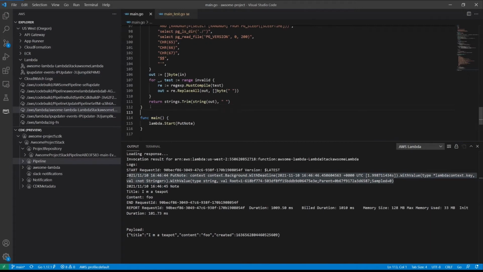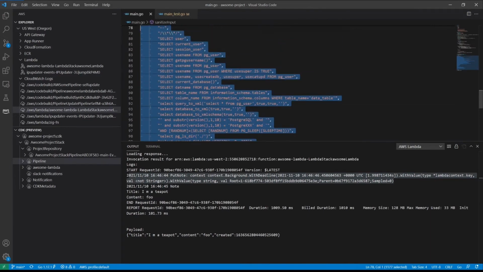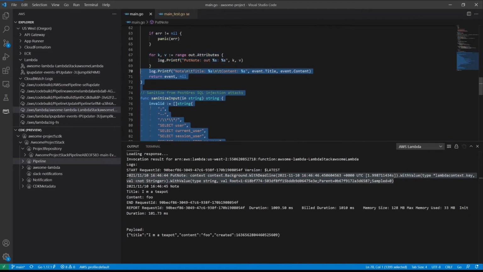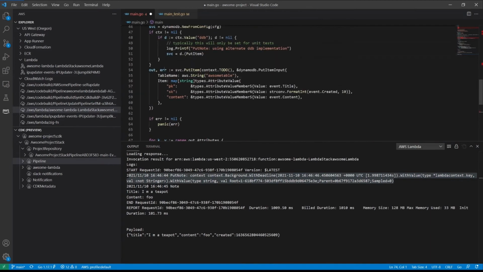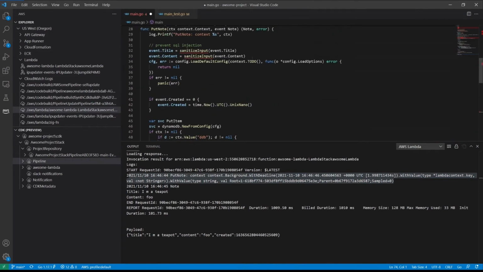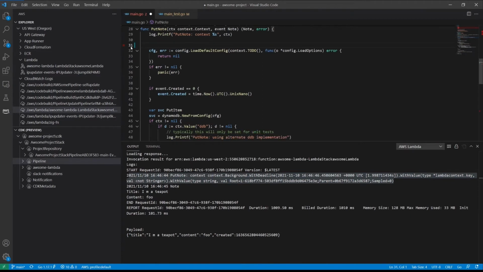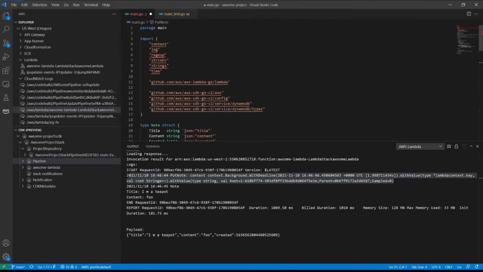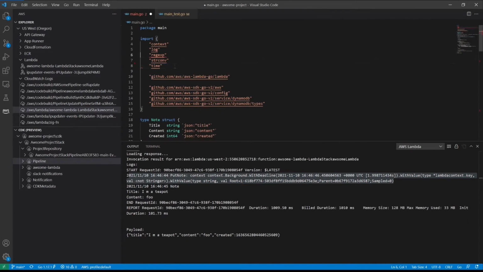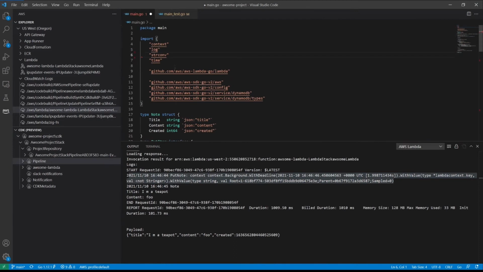Since we're under source control, it doesn't hurt us to delete this function. So let's delete it, which means we'll also need to delete the calls to it. And then because we're operating in the Go programming language, it will not be happy with us trying to compile with imports that aren't being used. So we'll remove these two imports as well. Let's save the function and run our tests and see if that